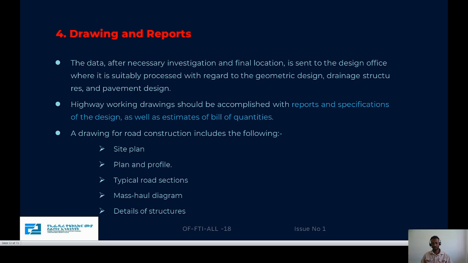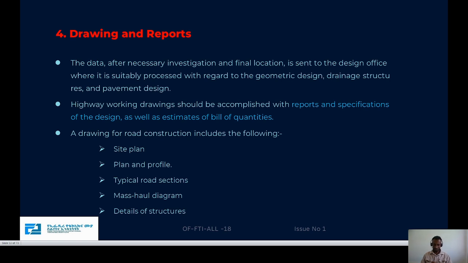Each material will have its own specification, as well as an estimation of the bill of quantities. The total cost of the road will also be done. The drawing of road construction includes the following: site plans, plan and profiles. The plan relates to the horizontal alignment, the horizontal straight line, and the profile relates to the vertical alignment, typical cross sections,